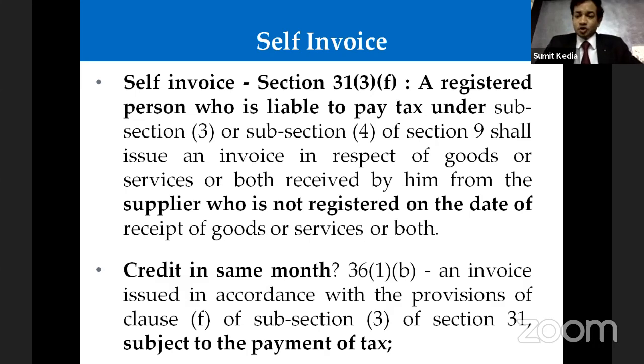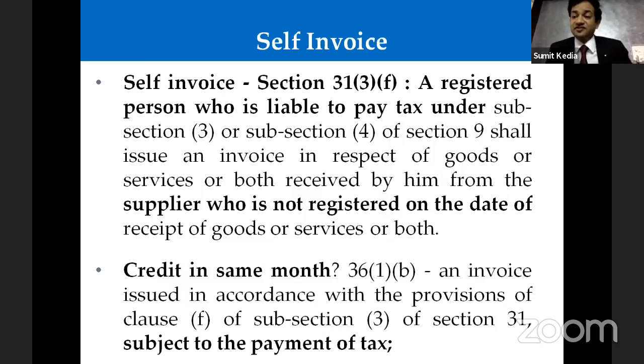If you see, Rule 36(1)(b) says, an invoice issued in accordance with the provisions of clause (f) of sub-section (3) of section 31, that is 31(3), which I've quoted in the first paragraph, as per which I should raise a self invoice, subject to payment of tax. So Rule 36(1)(b) says what is the eligible document to claim input tax. What is an eligible tax paying document? Here it says an invoice under Rule 36(1)(b). So when I pay RCM and the provider is an unregistered person, example, transportation charges,